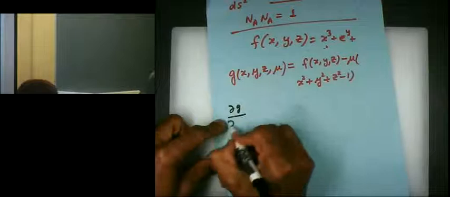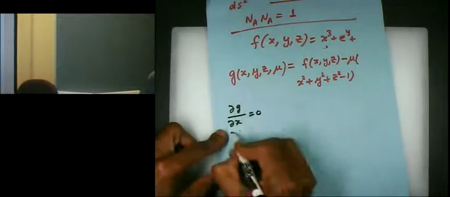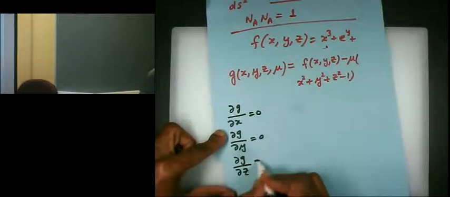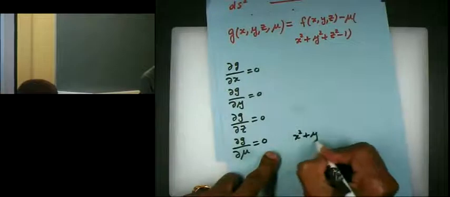So the conditions are the same as you told me earlier, like delta f over delta x equal to 0, delta f over delta y equal to 0. Now we will write it as delta g over delta x equal to 0, delta g over delta y equal to 0, delta g over delta z equal to 0. And as one of you very correctly said, we will also have this condition, delta g over delta mu equal to 0. And if you look at the last condition, you get back the constraint. The last condition gives you the constraint back.